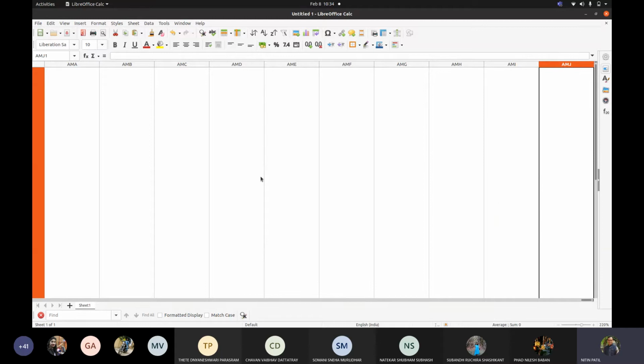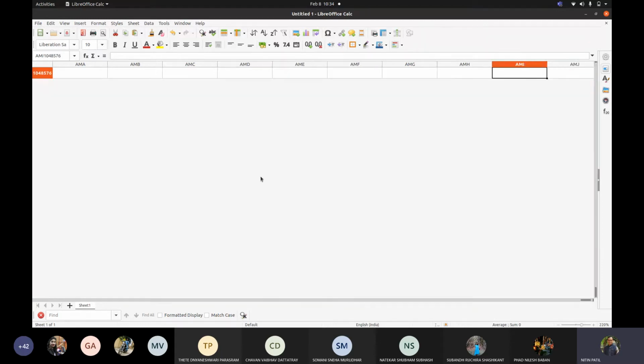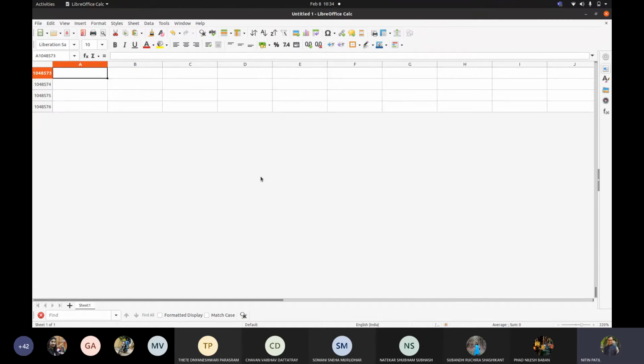Similarly, if I go to the last row, it is this one, 1048576. Correct. This is the row number which can be seen on my machine. So that means what? Every application will have its own limitations. We have to define that because we cannot go with an unlimited aspect. How much your machine can handle.